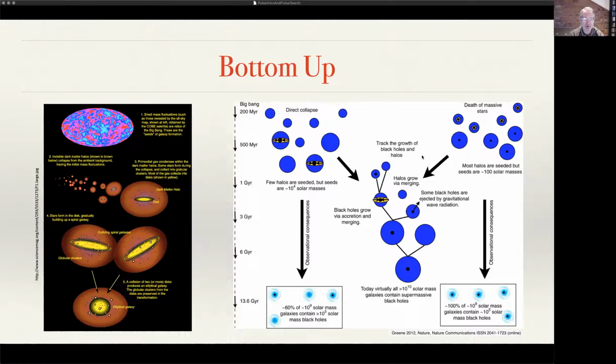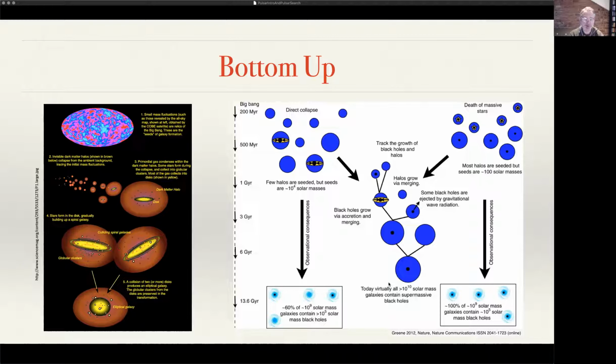Then these massive stars explode, and we get massive black holes, and then these black holes start to attract more material. They will merge, and then eventually, slowly but surely, we end up with all